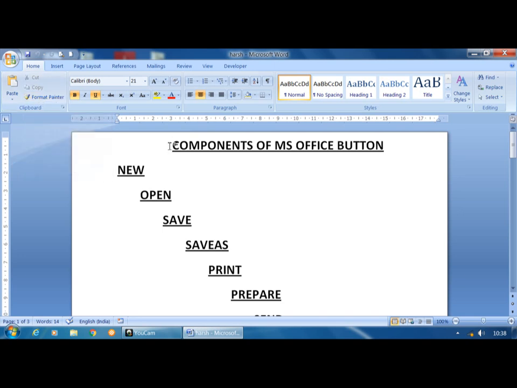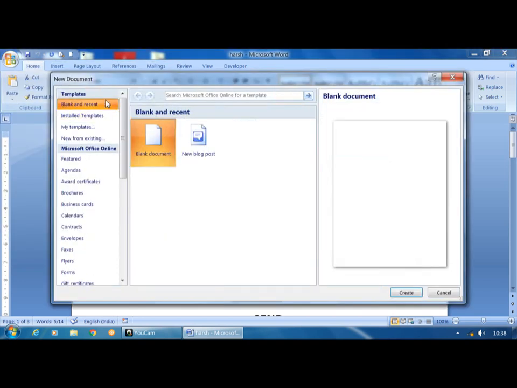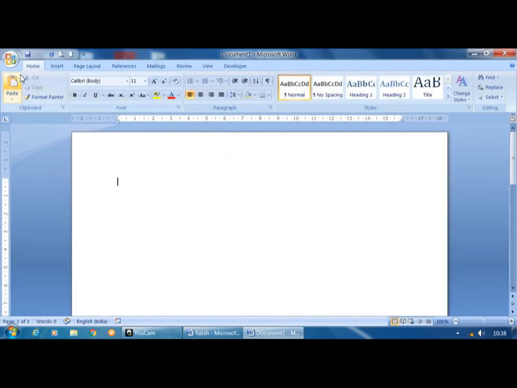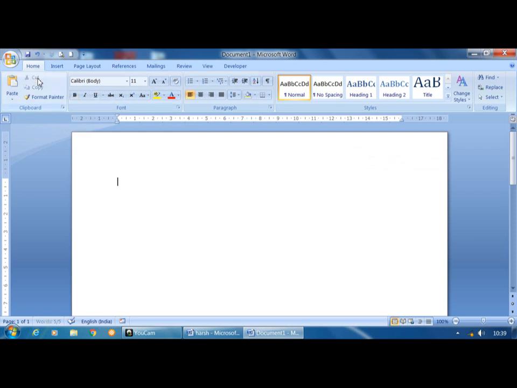So now I will use the copy option. What you have to do is select the text here, then click on the Copy option, then click on the Office button, click on New, it opens a New Document dialog box, click on Create. Next, just click on the Paste option. Next, if I want to cut this one, I will select this and click on the Cut button.